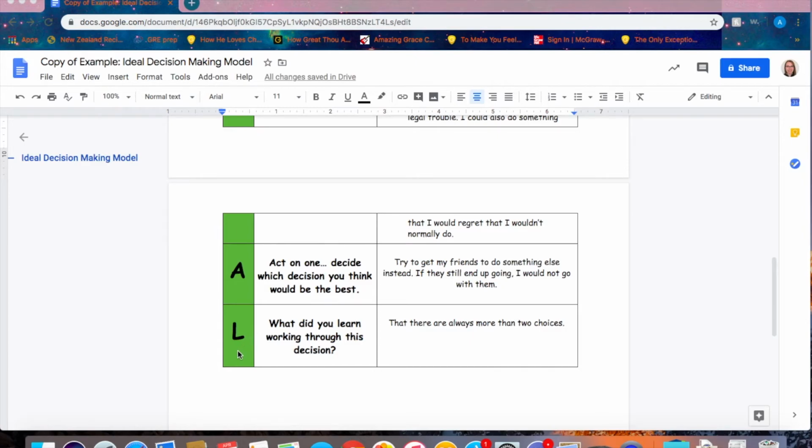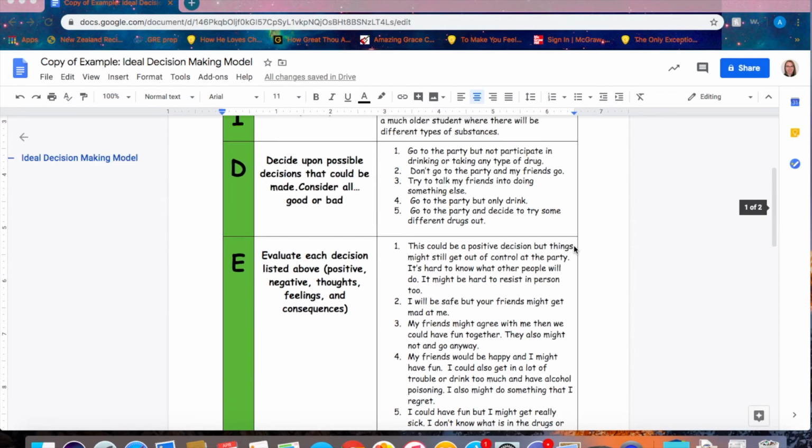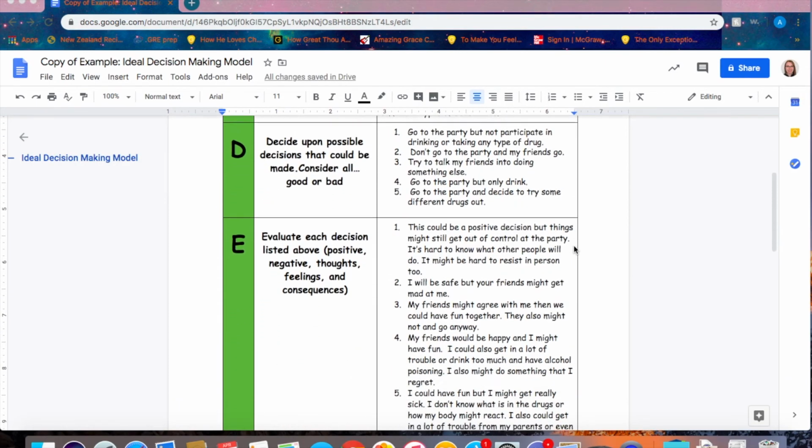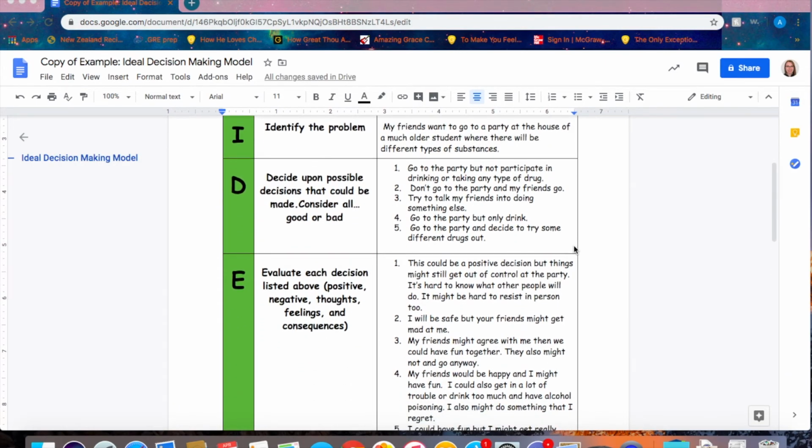And then L is, what did you learn working through this decision? So what I put down here is that there are always more than two choices. And that's really what I want all of you to learn from doing this activity, is that we aren't locked into these extremes of like, well, it's one decision or another decision. There's usually a lot of different options that are available to us, even if people try to pressure you by